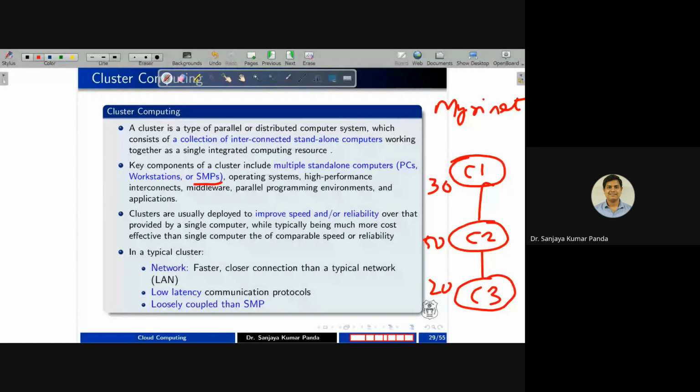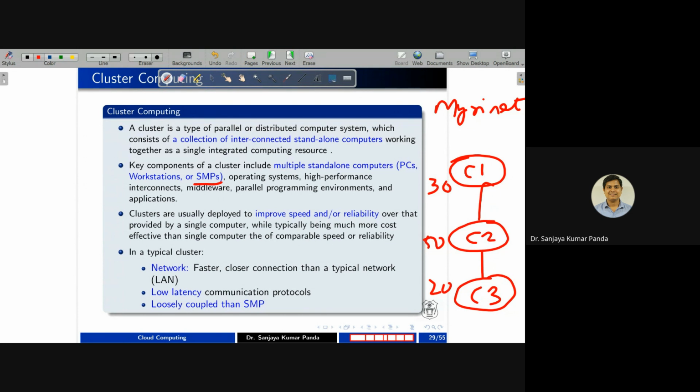You will get delay. Latency means delay. Delay within a single cluster is very low because the nodes are in the same cluster. There are no security issues. But if you go for heterogeneous clusters, definitely latency is quite more in comparison to the homogeneous cluster. More or less, a cluster is a part of a distributed system only, and if it is a heterogeneous cluster, it is completely loosely coupled.